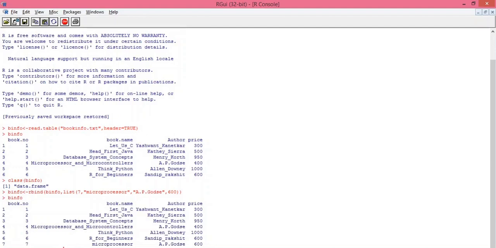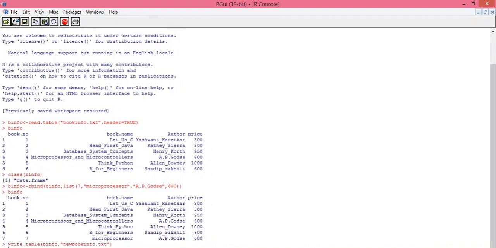Okay, so here if you want to store this file into your current working directory, then just specify the name of file. So my new file name is newbookinfo.txt, and if you want to change the location of file, then along with this file name you can specify the path where you want to store this particular file.